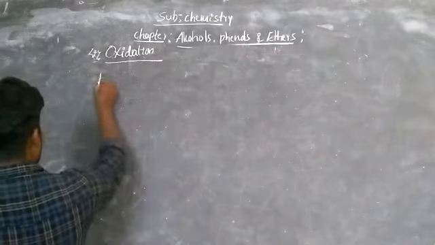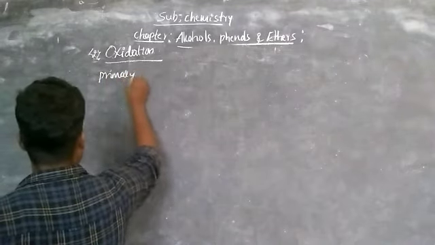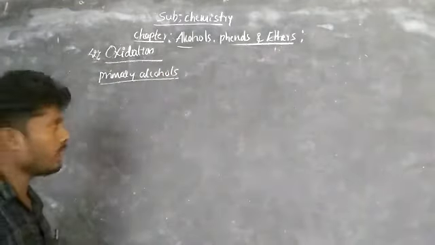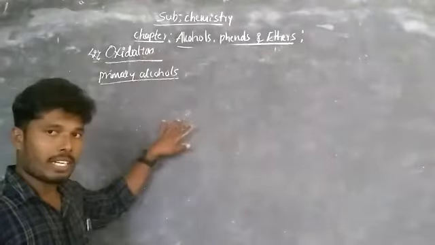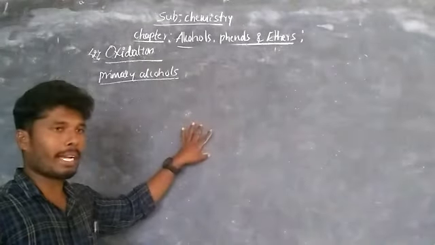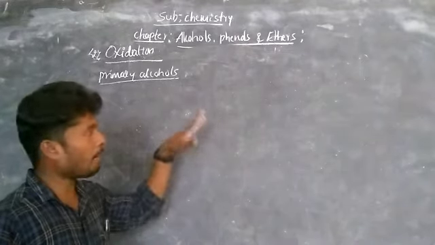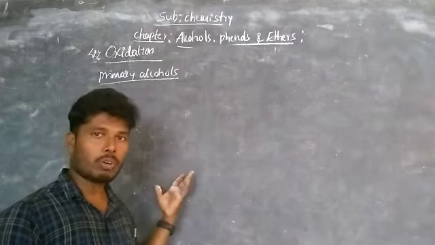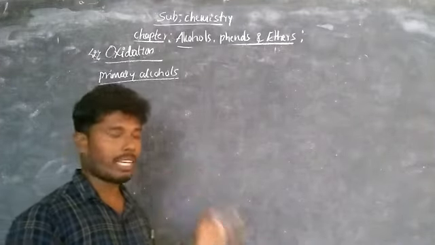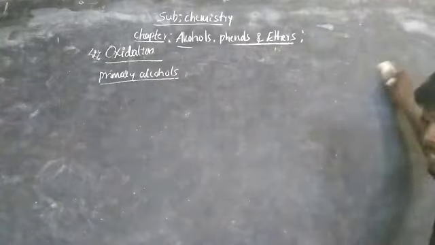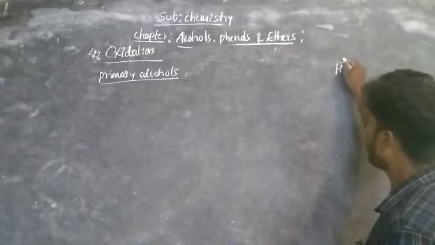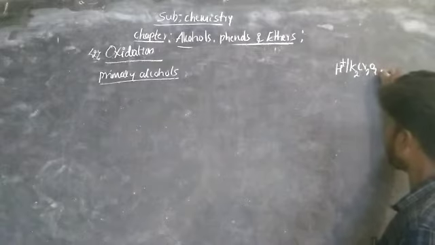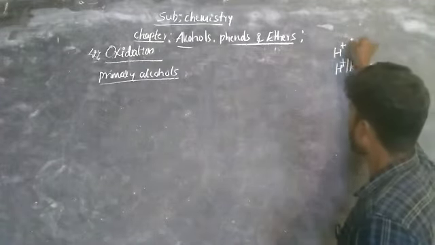Now, for example, take primary alcohols. When a primary alcohol is treated with an oxidizing agent, the oxidizing agent means acidified potassium dichromate, or potassium permanganate, or pyridinium chlorochromate, or pyridinium dichromate, or chromic oxide. All these are oxidizing agents. The oxidizing agents are acidified potassium dichromate, K2Cr2O7, or acidified potassium permanganate,